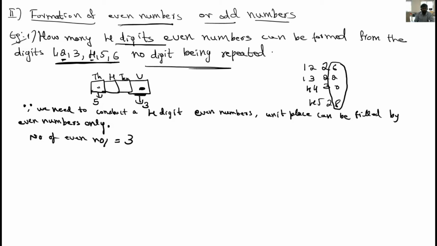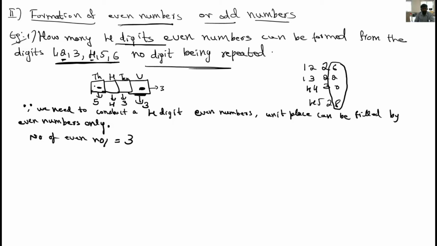Okay, now see, here also you are taking one number. Out of 6, 2 numbers are fixed now. Then for hundreds place, how many numbers are available? 4. For tens place, 3 numbers are available. Why 3 for the unit place? Because you can take 2 or 4 or 6. Only 3 numbers. But at a time we can take only one number, right?